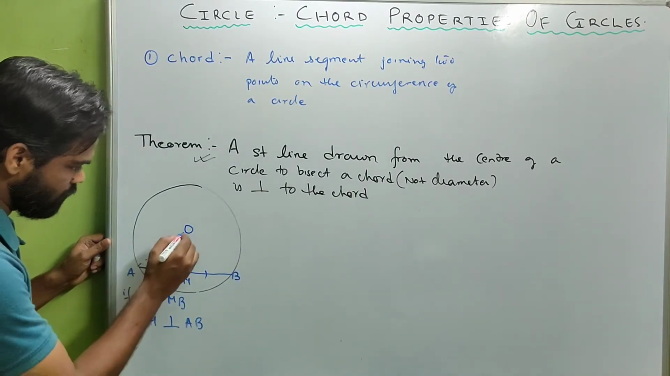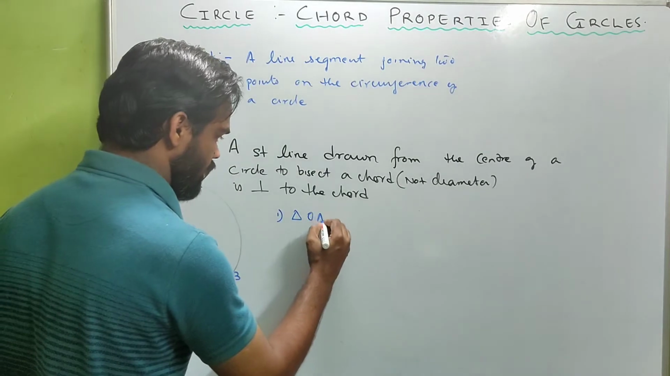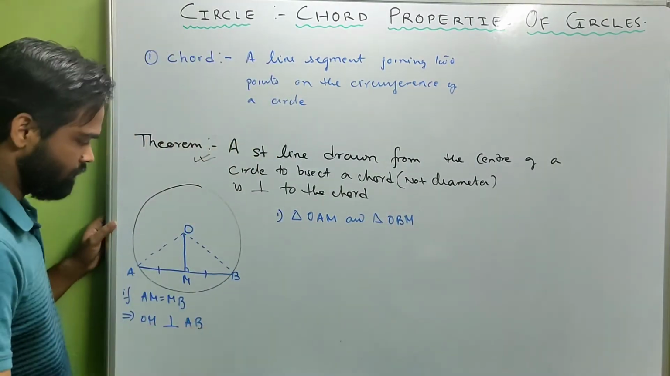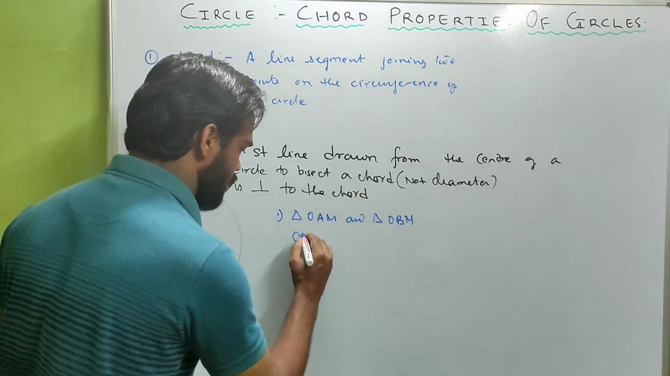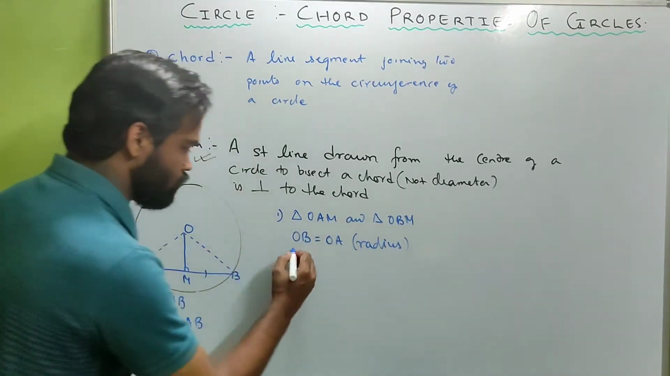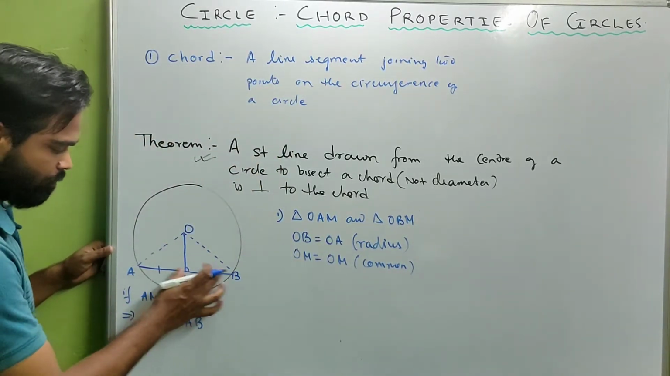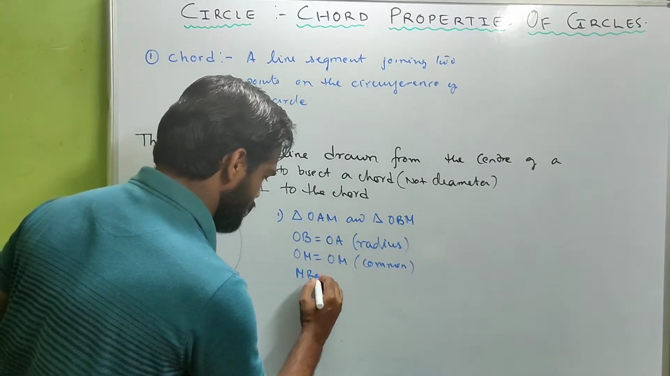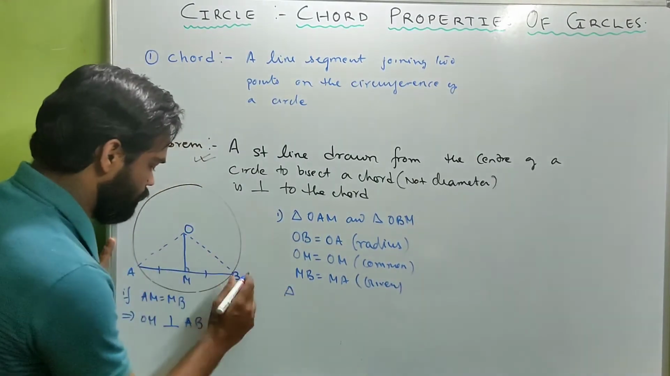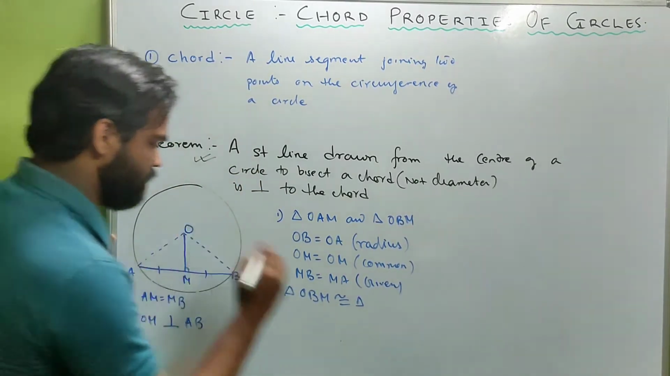See, I'll draw two triangles. Look at triangle OAM and triangle OBM. OB is equal to OA, no doubt in that. Why? The radius of a circle. OM equals to OM, that's common if you see. Okay, then MB equals to AM, given. MB equals to MA rather, this is given, which means these two triangles, triangle OBM is congruent to triangle OAM,